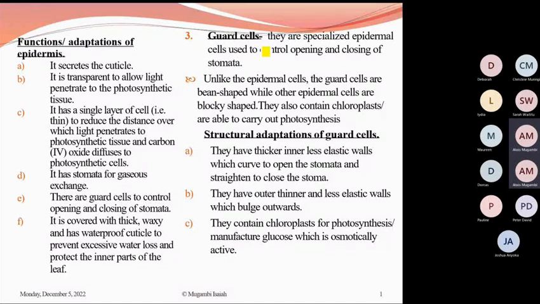Then we have the structural adaptations of guard cells, whereby we say they have thicker inner, less elastic walls, which curve to open the stomata and straighten to close the stoma. And they